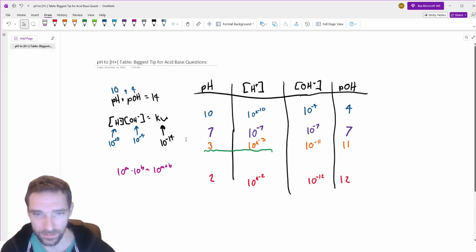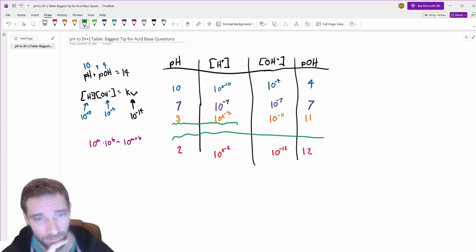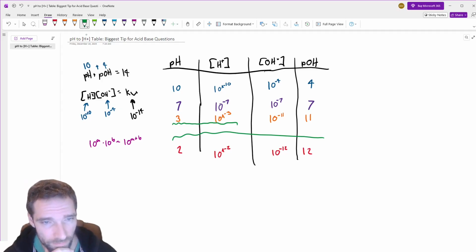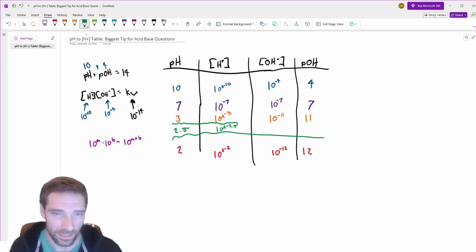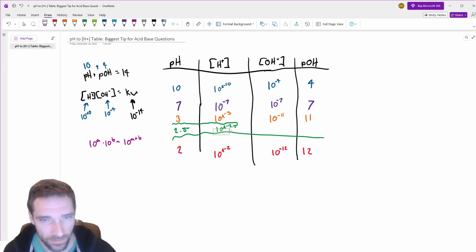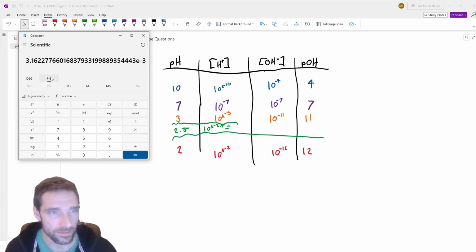A lot of people are able to relate those whole numbers. But let's say that you had something like a pH of 2.5. You could think about this as 10 up to the negative 2.5, but that's not really how this is normally written. We usually have it in scientific notation, which looks a little different from what I just wrote out there. But you can use your calculator to do this calculation for you. So you can take 10 and put it up to that 2.5 power, or the negative of that 2.5, and see what it comes out as. I'm getting